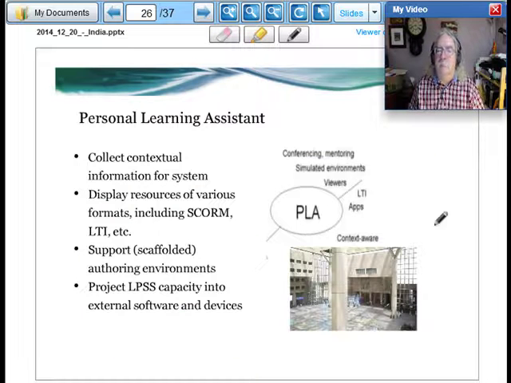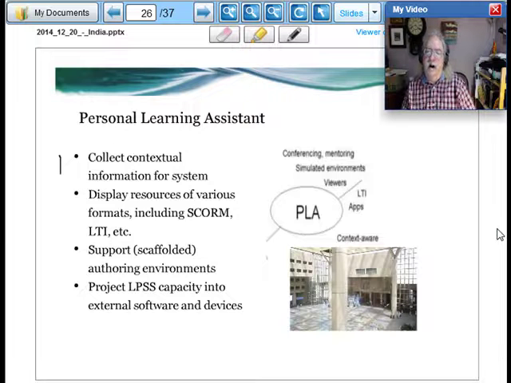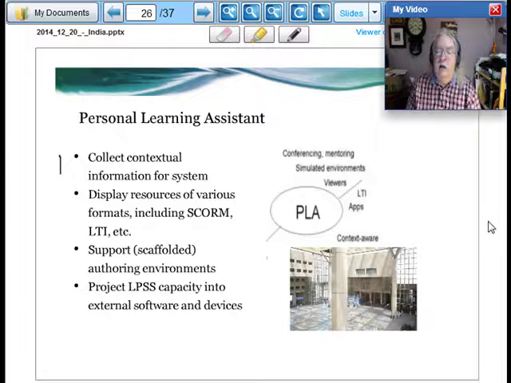The personal learning assistant does a number of things. For one thing, it collects contextual information for the system so that your LPSS, your personal LPSS, knows where you are, or at the very least knows what context you're in. Because if you're out in the wilderness working at an oil pump, you need one set of information.